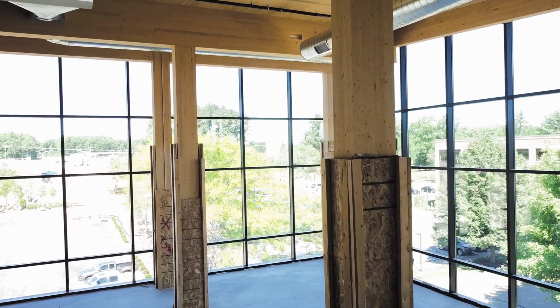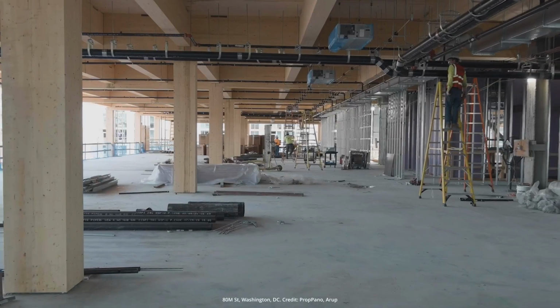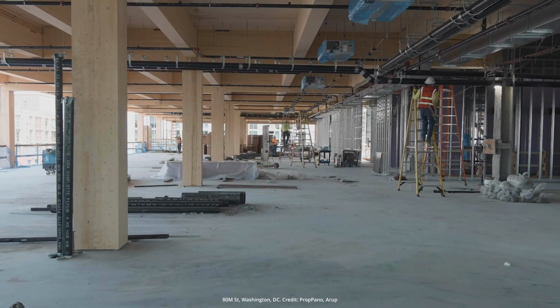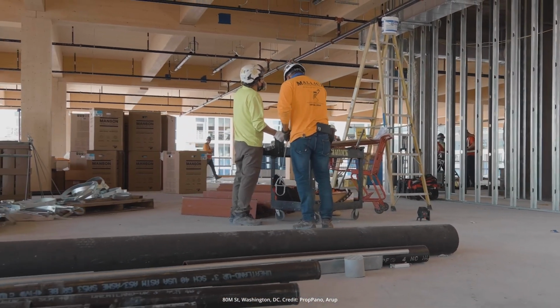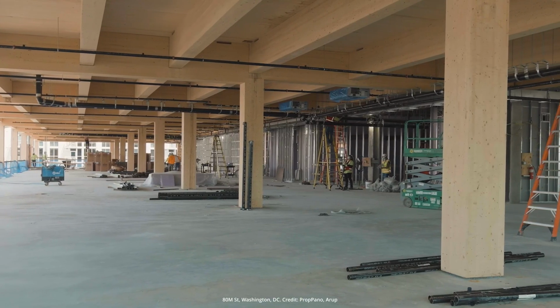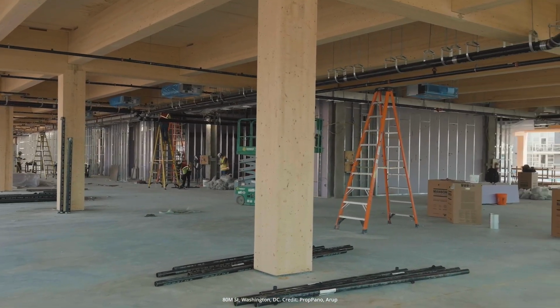What was required previously under the 2021 was not only was this topping required to be there, it was also required to be installed sequentially with construction, where if a project were 6 stories tall or more, the non-combustible topping on these floor panels had to be installed no more than 4 floors below the active level of timber install. Now, what this resulted in was some challenges in terms of construction sequencing, where normally this